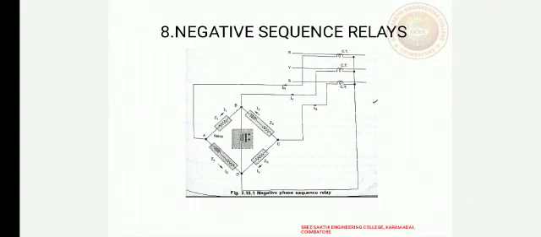The last type of relay is negative sequence relay. The negative sequence relays are also called phase unbalanced relays because these relays provide protection against negative sequence components of unbalanced currents existing due to unbalanced loads or phase-to-phase faults. Negative sequence relays are generally used to give protection of generators and motors against unbalanced currents. A negative sequence relay has a filter circuit which is operative only for negative sequence components. Low order of overcurrent also can cause a dangerous situation, hence a negative sequence relay has low current settings.